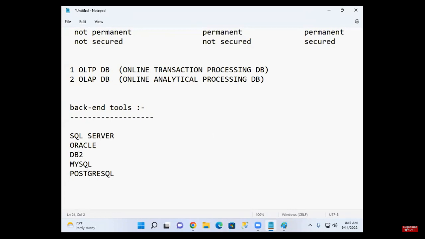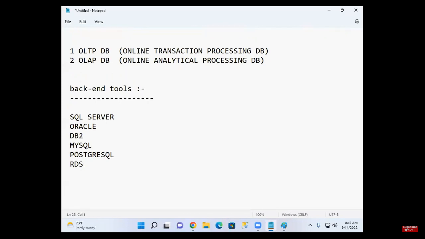Then RDS is one. There are a number of tools available in the market: SQL Server, Oracle, DB2, MySQL, PostgreSQL, RDS.